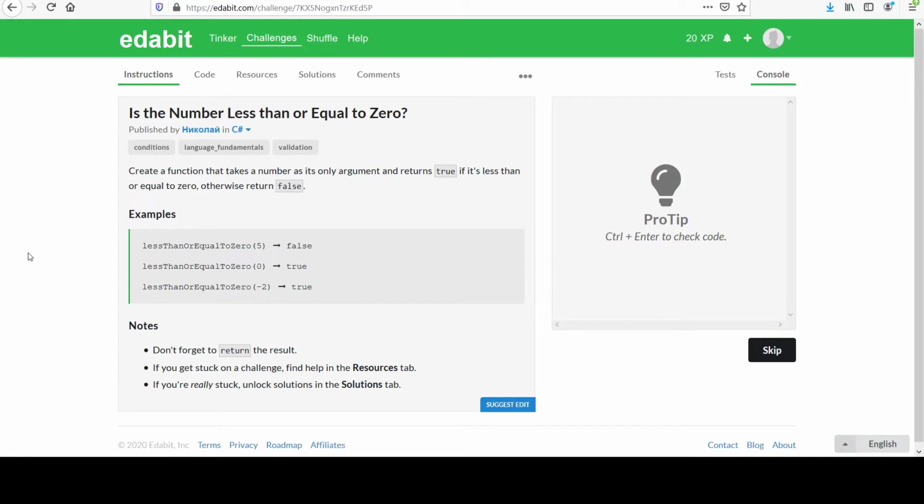Hi, welcome to video 7, entitled, Is the number less than or equal to 0? We used the comparison operator before. This time the catch is that it would include an equality case as well, instead of just a straight less